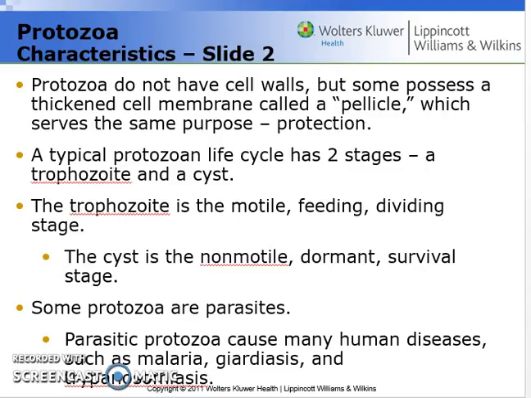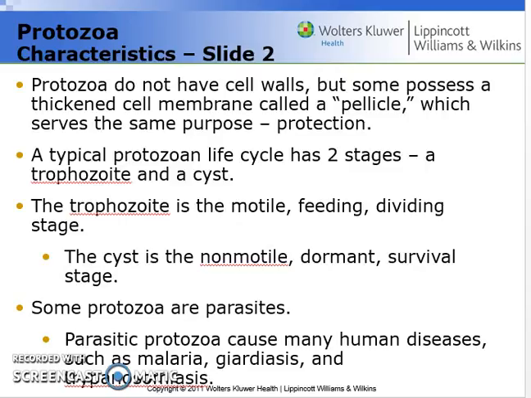The life cycle of a protozoan consists of two phases. You have the trophozoite phase and you have a cyst phase. In the trophozoite phase, what you would see is the protozoan being basically a free-floating organism, pretty motile and constantly eating. So it's basically in its prime, because it's out and it's enjoying life, it's eating, it's feeding, it's interacting with other organisms. The cyst life stage of a protist is going to be a survival stage.